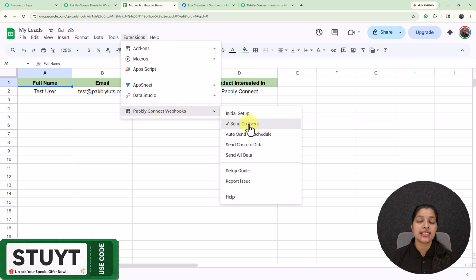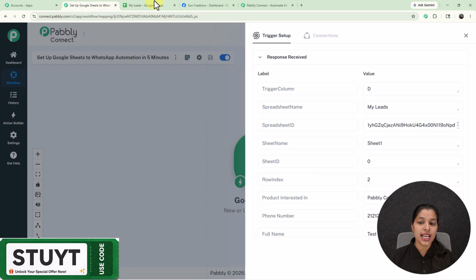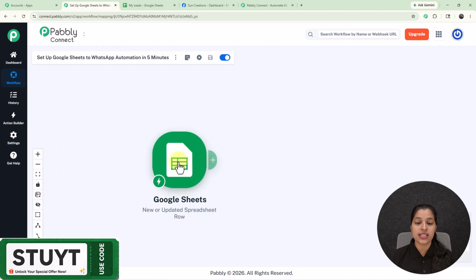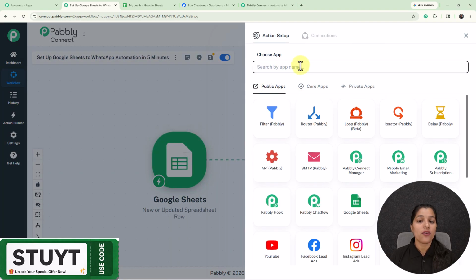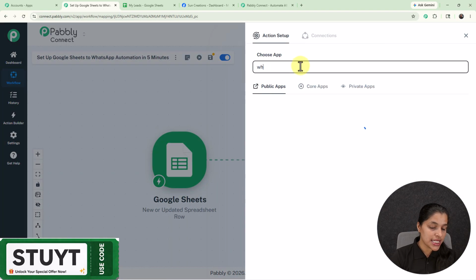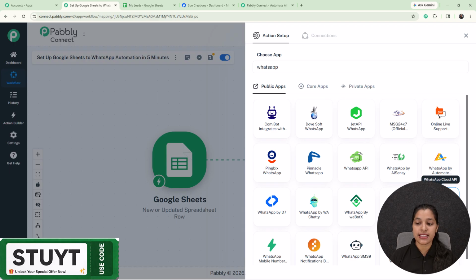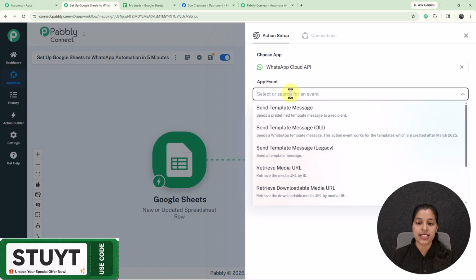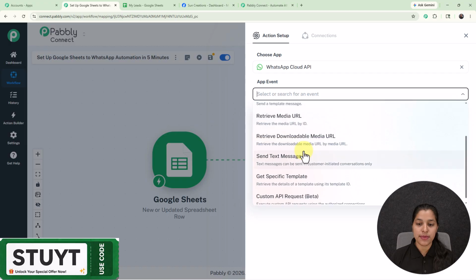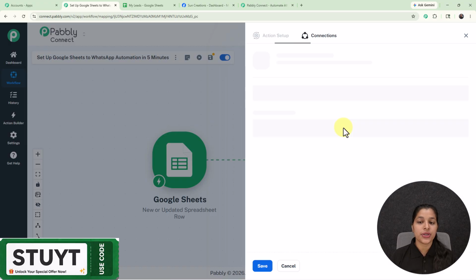And right here you can see that it is enabled successfully. And now I am going to integrate my action application, that is WhatsApp Cloud API, so that a WhatsApp message could be sent to this lead. So I'm going to search for my action application, and right here you can check out that I'm getting this application, so I have selected it. Now let's select the app event as send text message, and now we just have to click over this connect